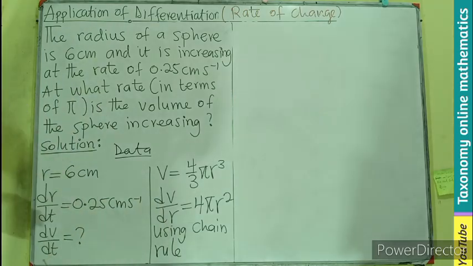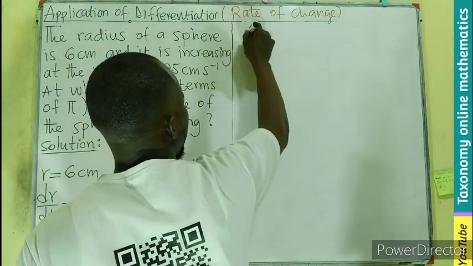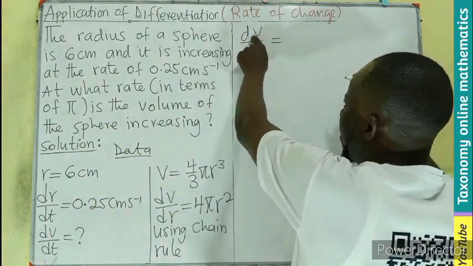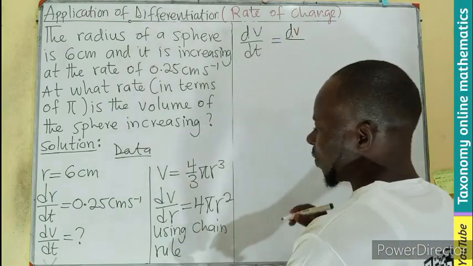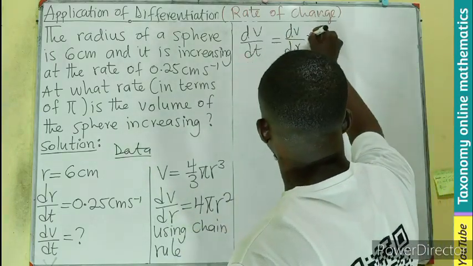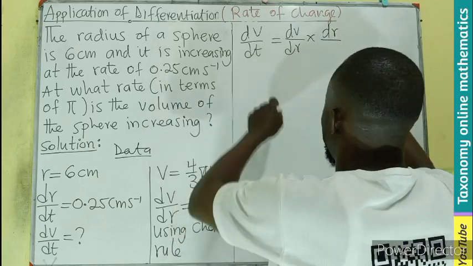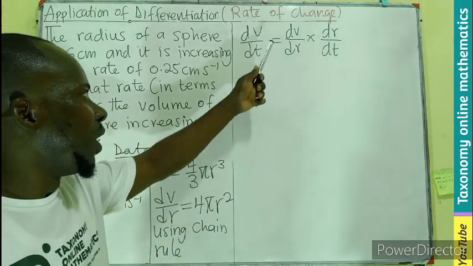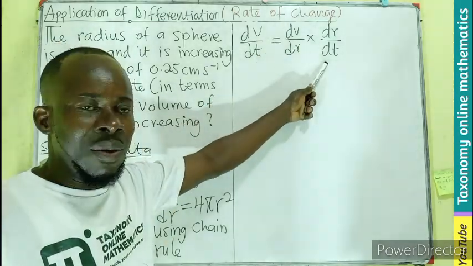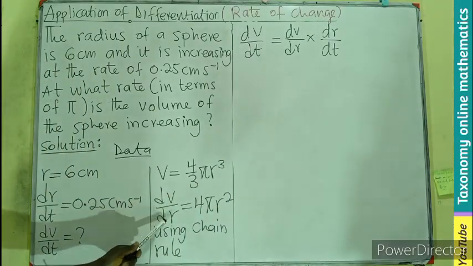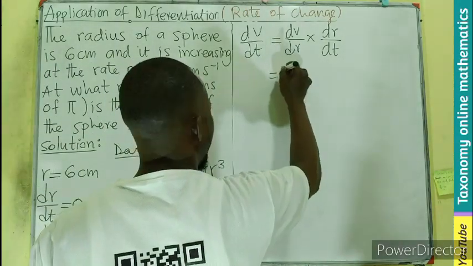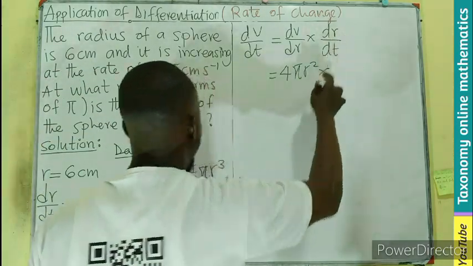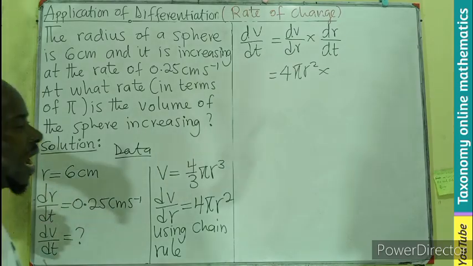So using the chain rule, this is what we are looking for: dV/dt equals, we begin from dV, then the next parameter will be r, so dr, times the same parameter divided by dt. That is the chain rule, right? So now we have to check whether we are given this and this in the question. dV/dr we know as 4 pi r squared, times dr/dt, which we have as